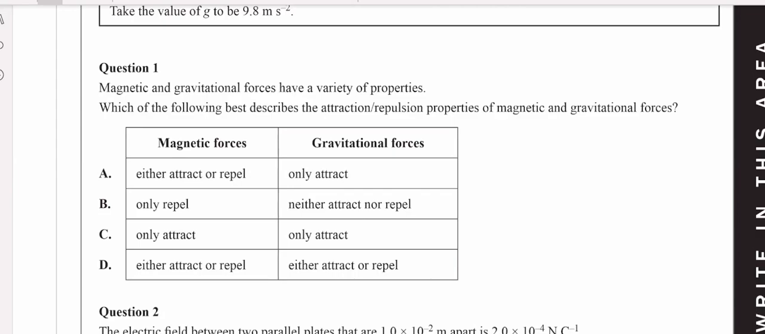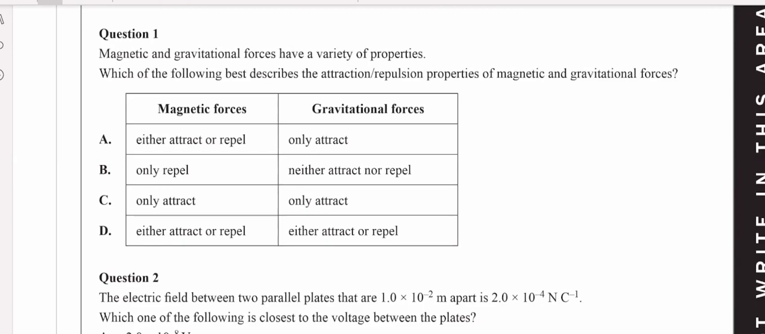So question one, it's asking for the properties of magnetic forces and gravitational forces. If you look at option A, magnetic forces, they attract and repel, and gravitational forces only attract. So we can immediately see it's A. But if you want to look at the others,